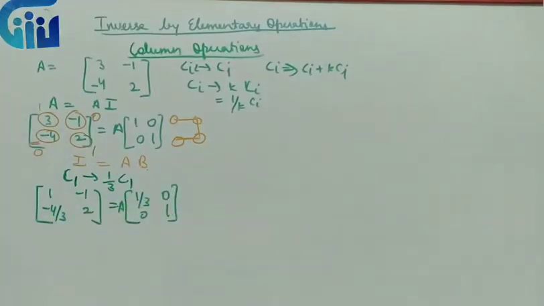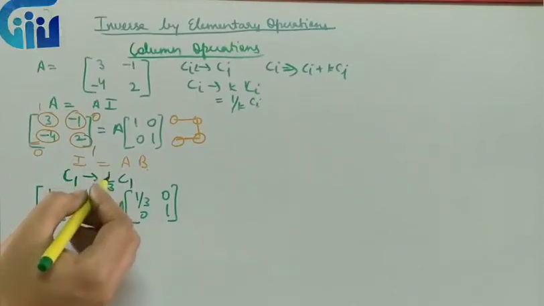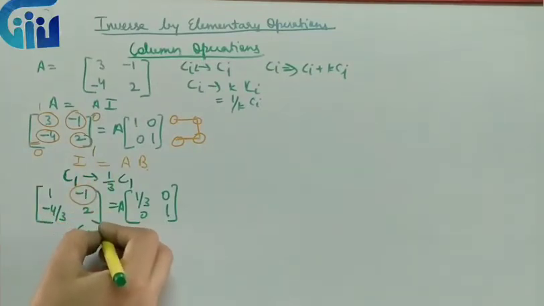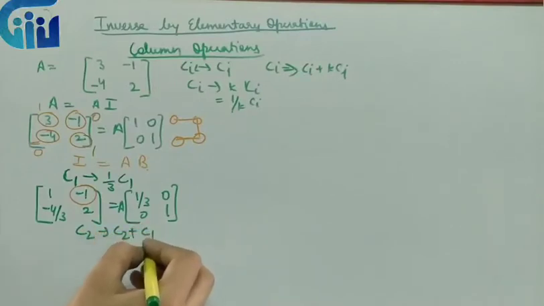Again, next, as we did 4 steps for row operations, similarly we will have 4 steps over here. In place of rows, we will have columns. Now next I have to move this way around. So to make this particular element 0, what do I need? To make minus 1 into 0, I have to add plus 1 to it. So plus 1 means I will add both the columns.